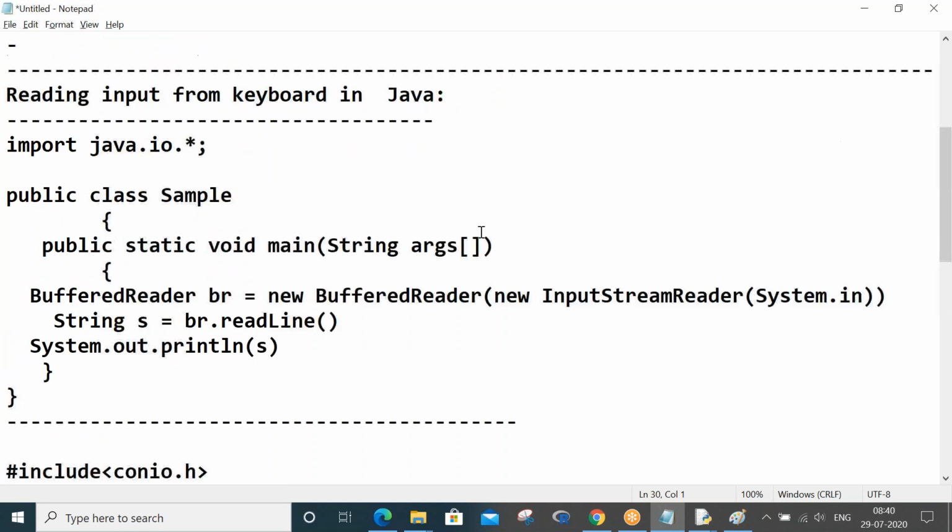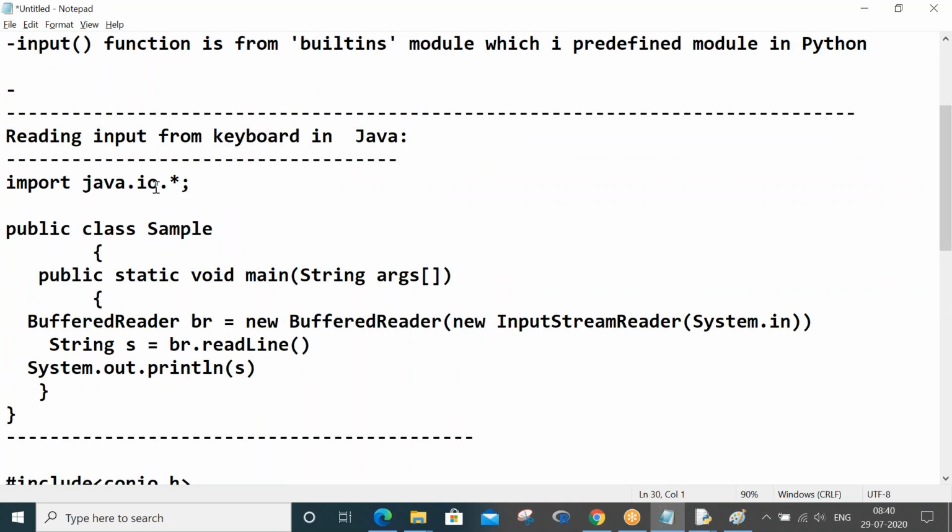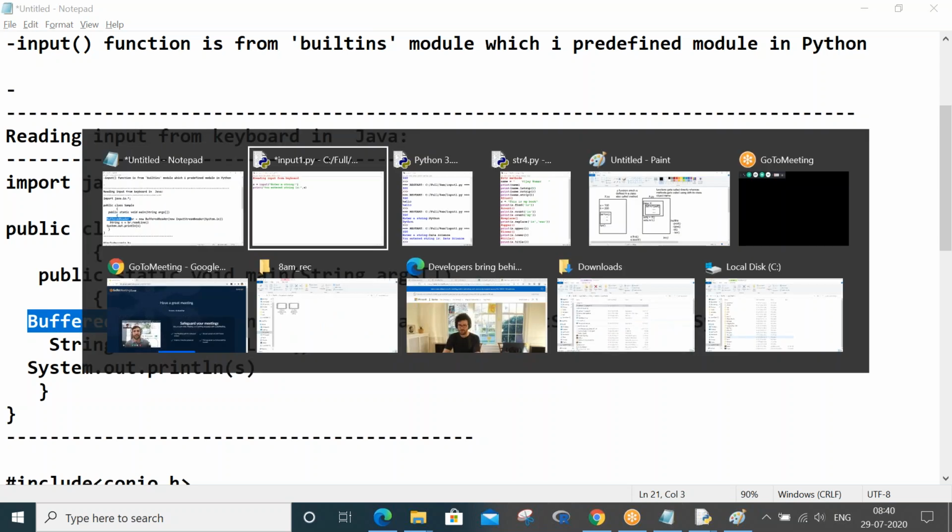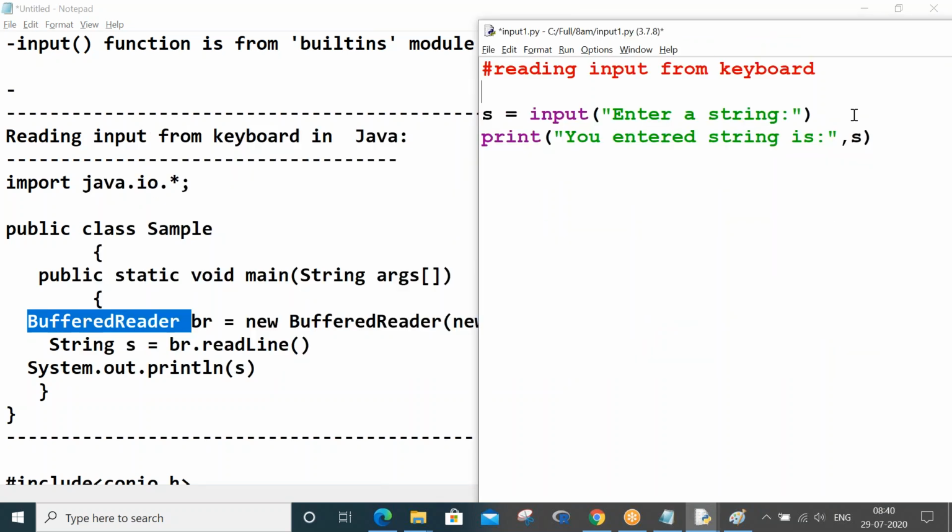You understood? Likewise, with the same understanding, if you don't allow the IO package to be written in the program, this buffered reader object br will not get created. In the same way, in case of Python, sir, input is a function present in the built-ins module. So as per the previous understanding, we would have to write the built-ins module like this.